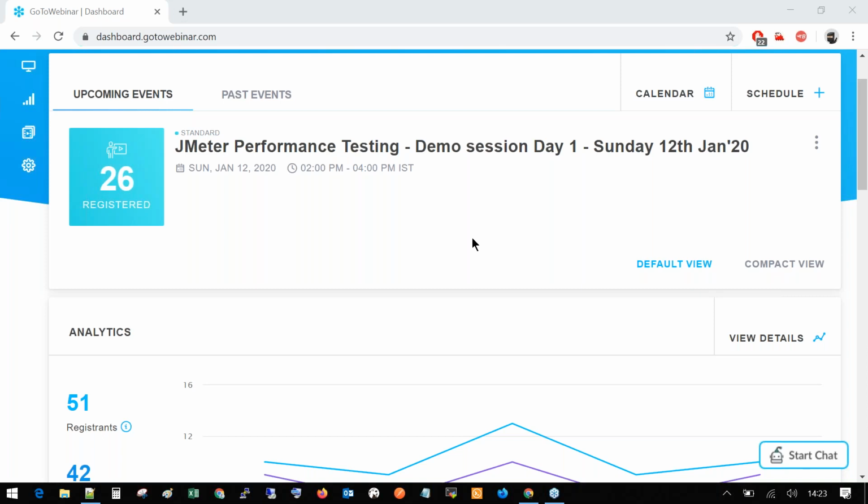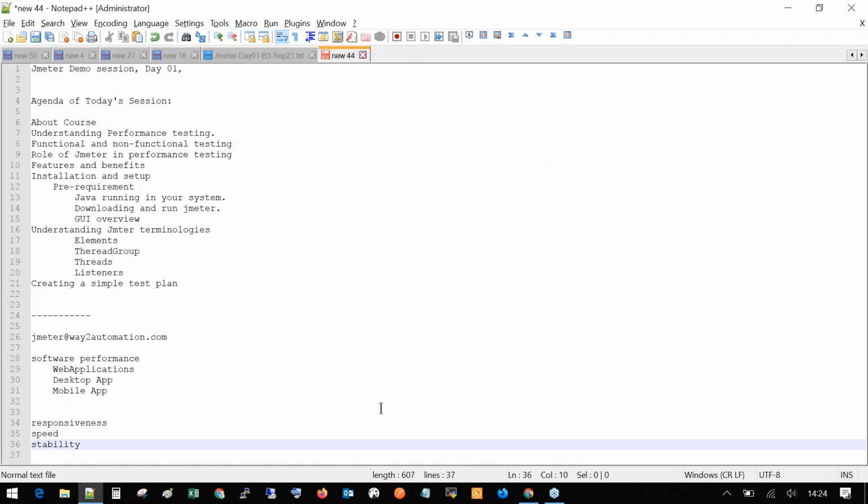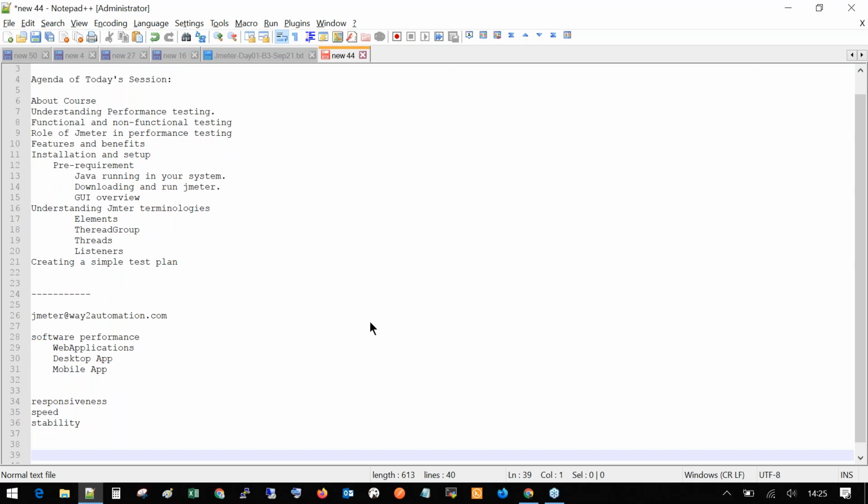To answer your question, we will not be covering the automation part in this course because it is completely different from automation. We are going to cover the performance area. Okay, but nowadays most companies are asking about automation only, not manual performance testing. There is another batch going on for Selenium automation, Selenium with Java and with Python. So if you are interested in an automation course, I prefer you